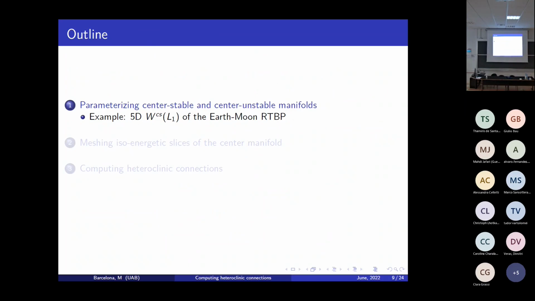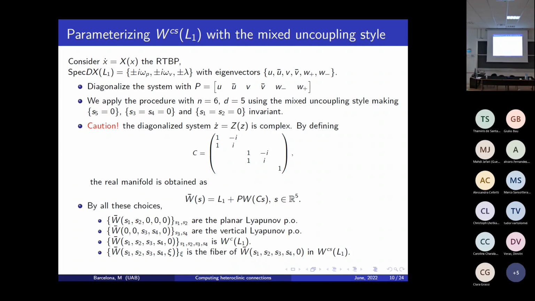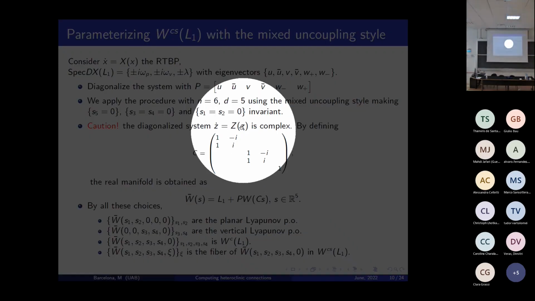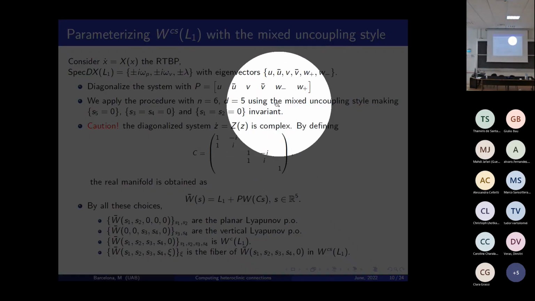So let's see an example of how we can use this style of parameterization in our vector field, which is the restricted three-body problem. In our case, we want to parameterize a five-dimensional manifold, the center stable manifold associated to the L1 libration point. So we take as P the matrix of the linear change of variables, which is this matrix over here,